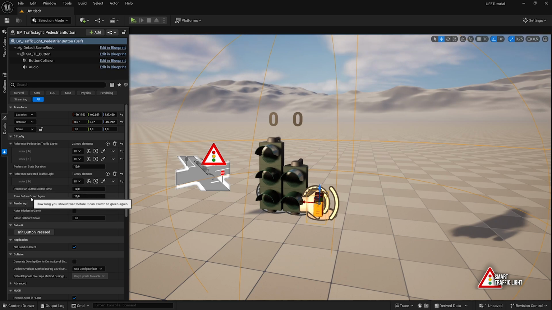Time before green again. How long should you wait before it can switch to green again? This is also an interesting feature. To stop spamming, you can also say your pedestrian traffic light should not turn to green in the next X seconds. So, for example, you can't press this button in the next, let's say, 5 minutes, to prevent that the whole stuff is too frequently